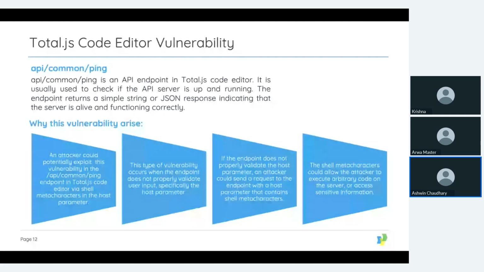So what is this code editor vulnerability? The API common ping is an API endpoint in the Total.js code editor. It is usually used to check if the API server is up and running. It's a health check, where you give a ping command to do a health check. That is the API endpoint in the Total.js framework. Now the endpoint returns a simple string or a JSON response indicating that the server is alive and functioning correctly,